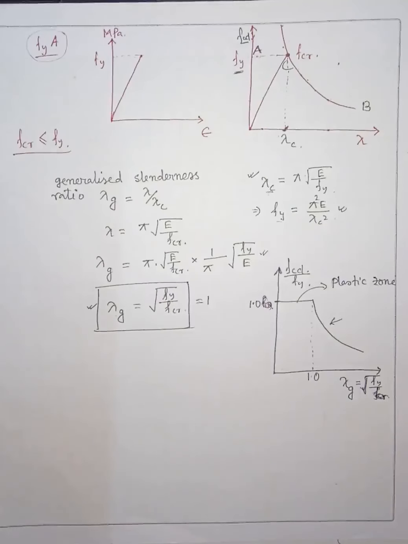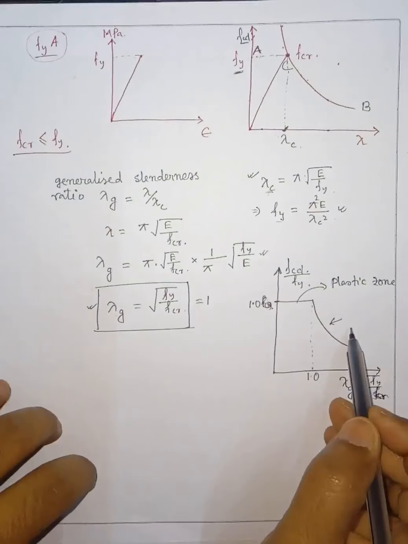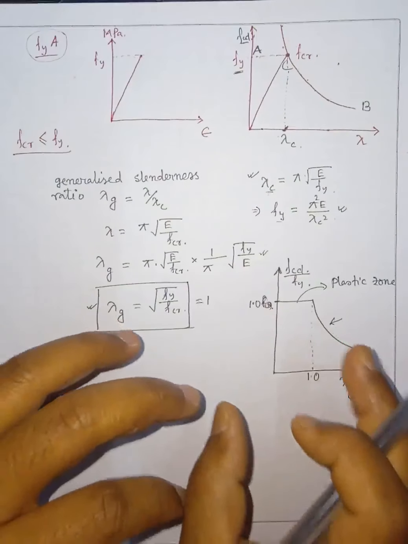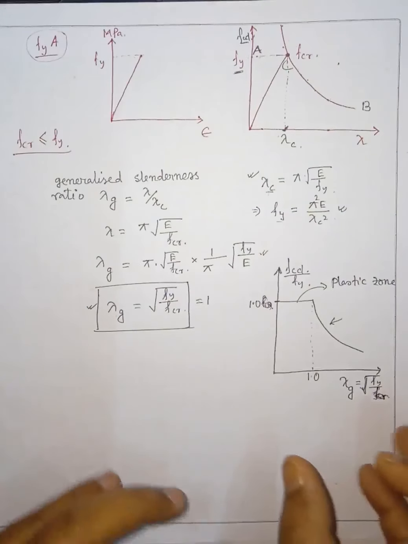Okay, so there may be some imperfection in the material, there may be some eccentricity in the material. So depending on these factors, imperfections, eccentricity, and other factors, there should be some change. That means we should change this curve. Okay, so this is the first curve. So on the next class, on the next session, we will change this curve.